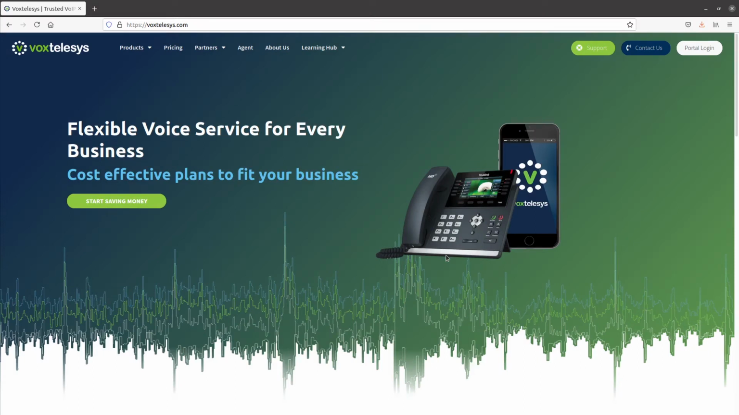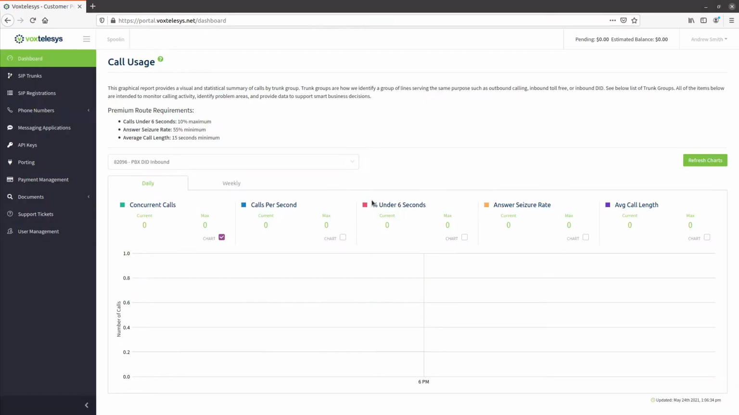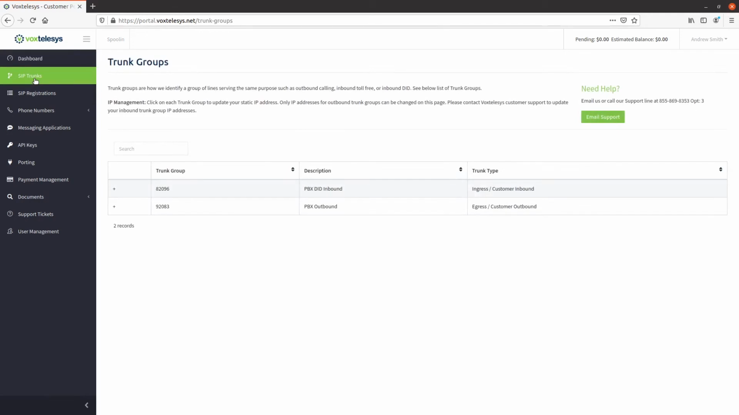In this video, we'll go over how to add a route profile and how to configure a registered PBX route. At voxtelesys.com, click on Portal Login. Log into your account. Once you're on the Voxtelesys dashboard, navigate to the SIP Trunks tab on the left-hand side